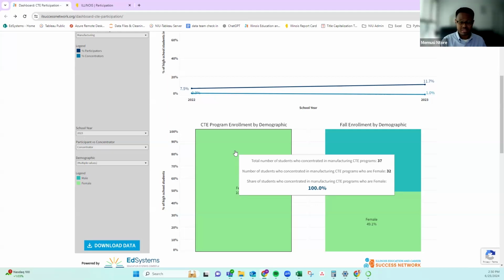Folks from the report card team or even from ISB might be able to answer that for you. But in terms of the data that goes into this dashboard coming directly from the state report card, that zip code data and all that goes into making the clusters, by my eyes and what I've seen, it's not something that's clear. So great question. I wish I had an answer, but I'm not sure. But in terms of the percentages and all of that, that is something I can figure out why that's happening